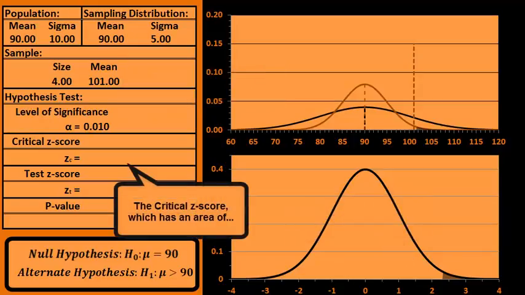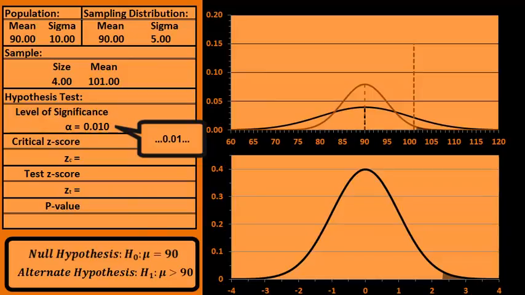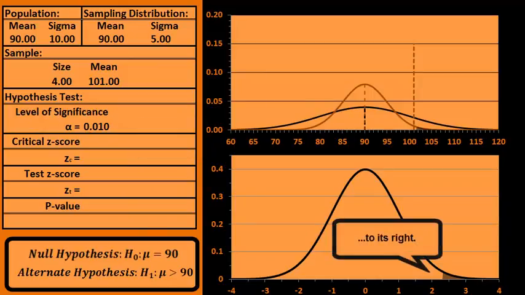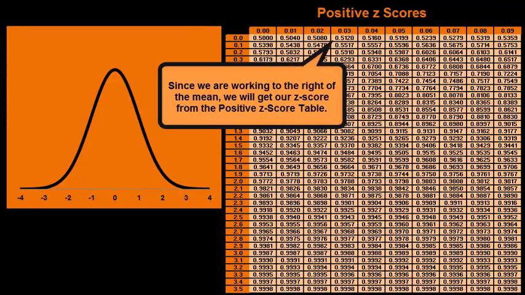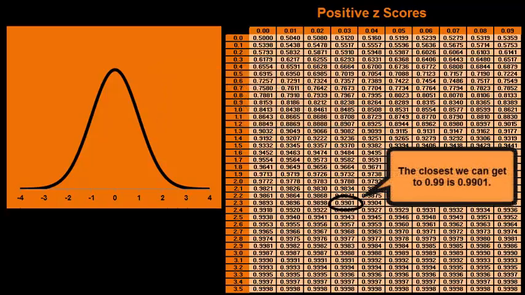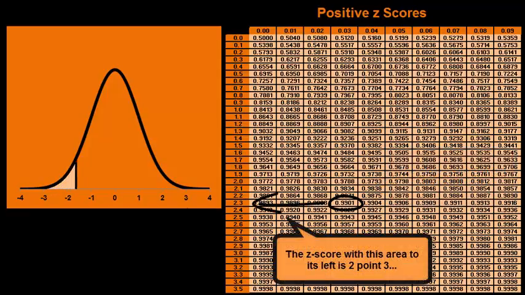The critical z-score, which has an area of 0.01 to its right, implies that the area to its left is 1 minus 0.01, or 0.99, which is the value we need to use the z-score table. Since we are working to the right of the mean, we will get our z-score from the positive z-score table. The closest we can get to 0.99 is 0.9901. The z-score with this area to its left is